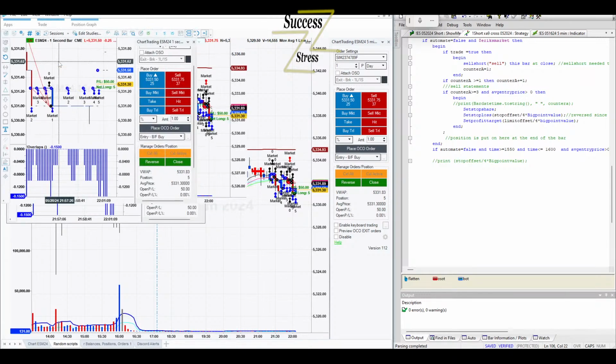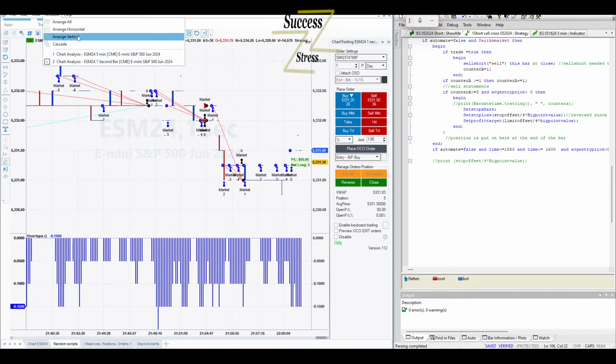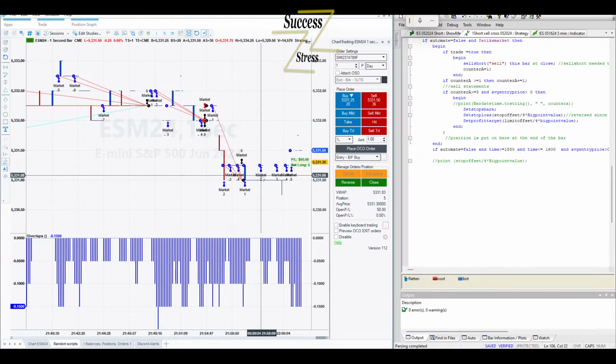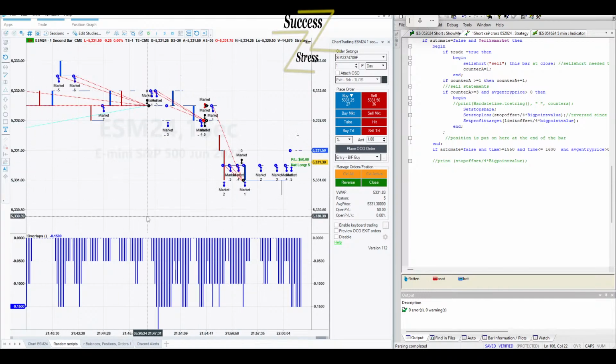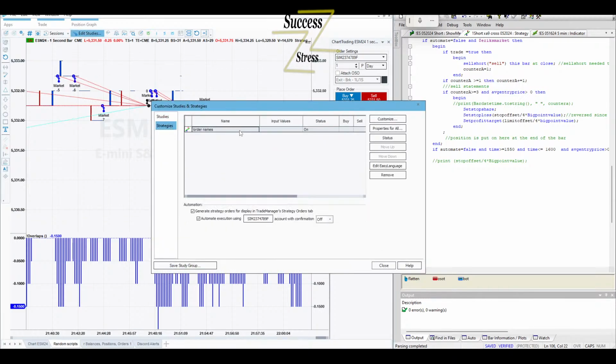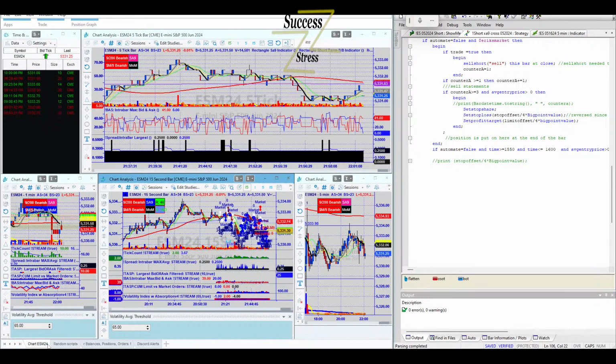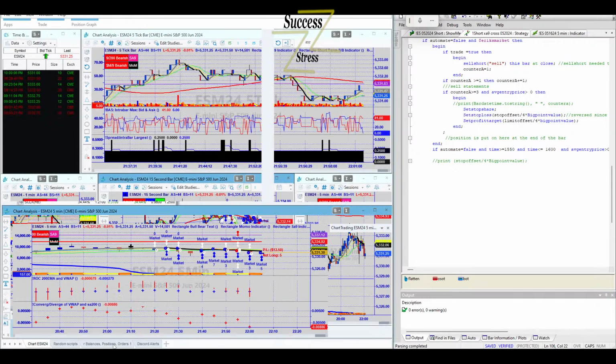So you can click this, or arrange all. But you see on this one, I do have the automation going on here. You see the green SA, right? So I can just go to edit studies and then strategies, and turn that off. Once I turn that off, the green SA disappears, so we're good to go. All right, but I do need to close that position.